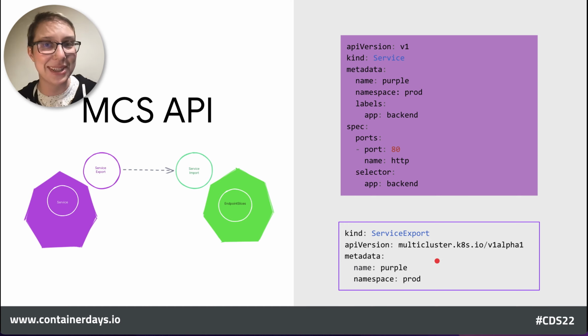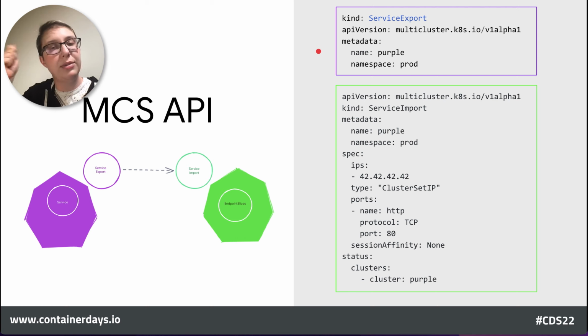And if we look at what that translates into in the destination clusters, the green outline here, by having made that purple service export over here that just says, hey, I want to wave this little flag that the service should be accessible to everybody in the cluster set, then all other clusters in the cluster set will get this service import created that has all the minimal information that they need to know to actually route to that.